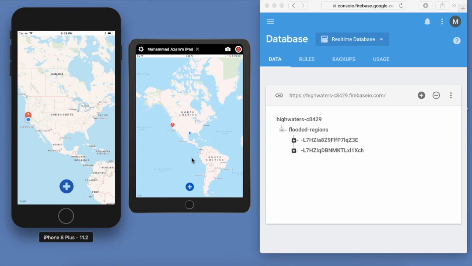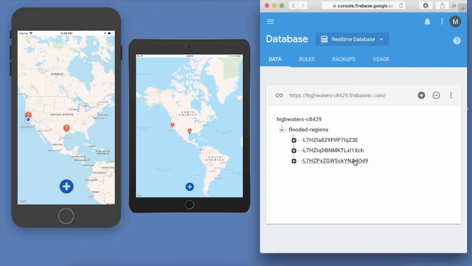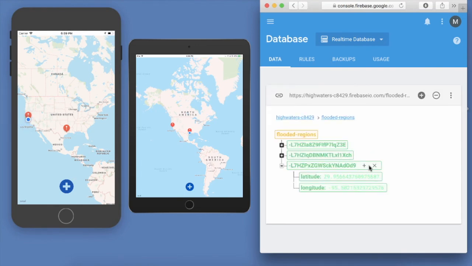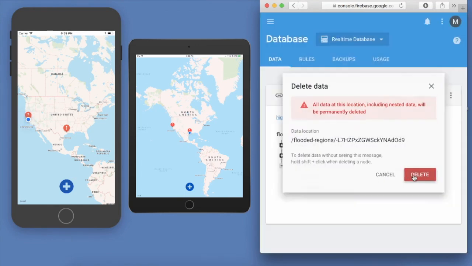Now, if a person in Houston over here, that's me, marks something as flooded, I'm going to click the button, and you can see that I have added 1 entry over here. And it also has refreshed onto the left-hand side. Cool, right? Now, if I go ahead and delete any of these entries, oops, not over here, maybe just delete one of these entries. So let's say I delete this,